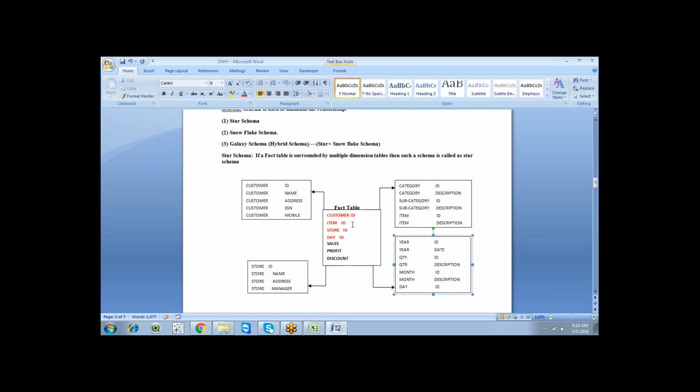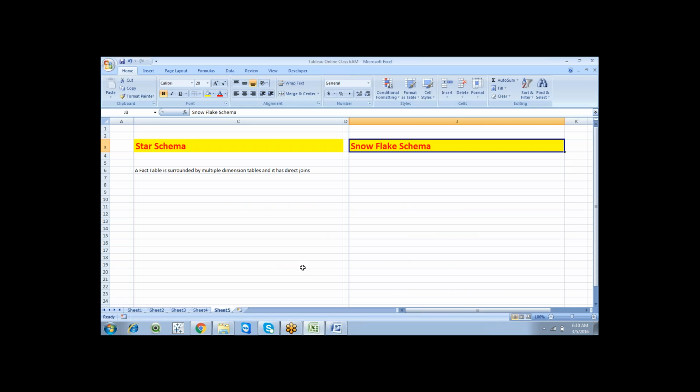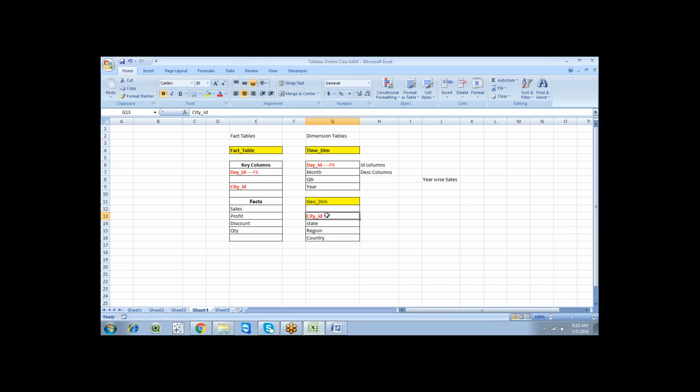Now you can go for a lower level of granularity. When we build a simple relationship between the fact table and a dimension table, yesterday we discussed state ID, city ID, day ID. I placed day ID from a time dimension table, and city ID from a geographical dimension table.